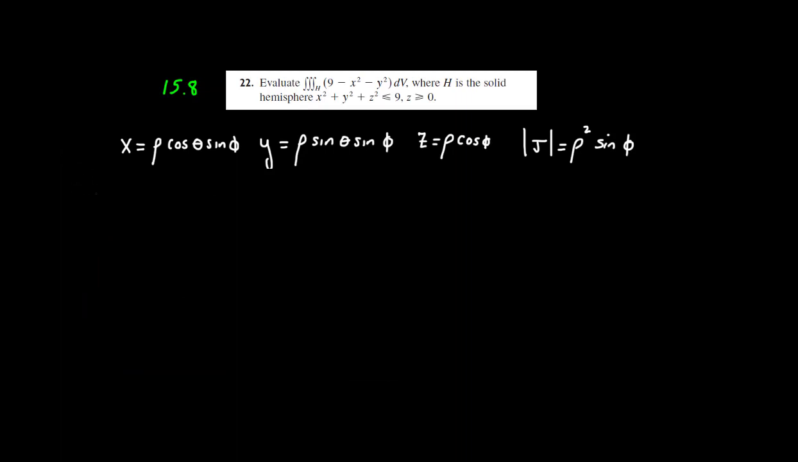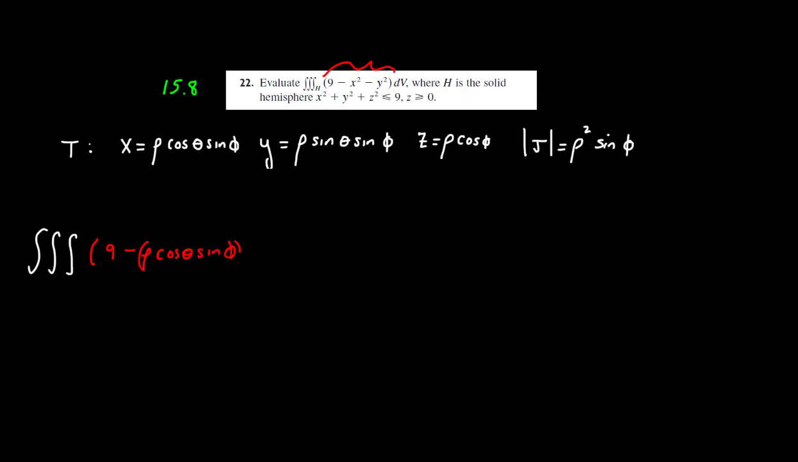Okay, next example, 15.8, number 22. We're going to do a spherical transformation, which I have the transformation written here already for our convenience. And we'll need 3 integrals. The hardest part about this one, I think, is the integrand. And it's not hard, it's just really annoying to write. So I'm going to write the integrand as 9 minus rho cosine of theta sine of phi,